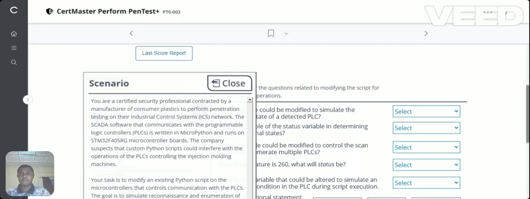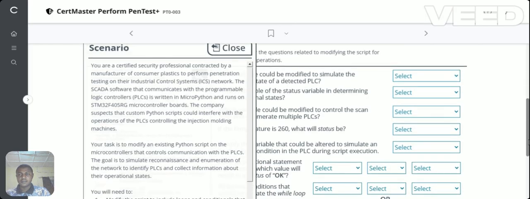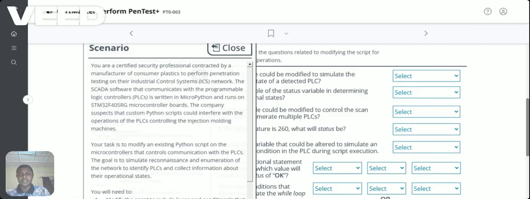We want to talk about a Cybermaster performing a penetration lab. Now, this is a scenario given to us. So, as you can see, these scenarios explain what this expert has to do. You are a certified security professional contracted by a manufacturer of consumer plastic to perform penetration testing on their industrial control system network. The SCADA software that communicates with the programmable logic controller (PLC) is written in MicroPython and running on a